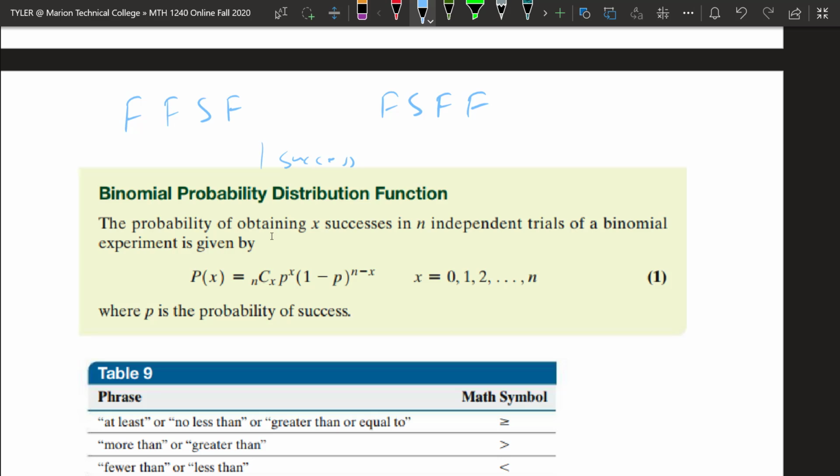right? So the probability of obtaining X successes in N independent trials of a binomial experiment is given by the following formula. So P of X is equal to N choose X times P raised to the X power times 1 minus P raised to the N minus X, right? And this is just what we were talking about, right? So this part here counts the number of ways to have X successes,